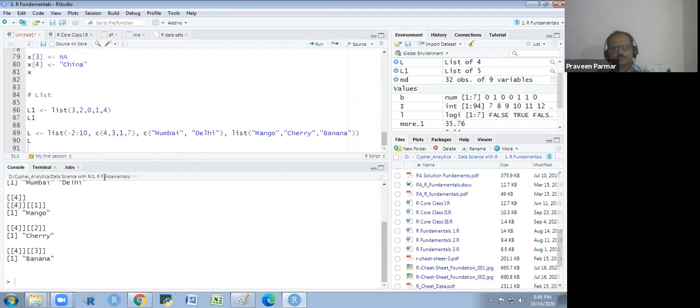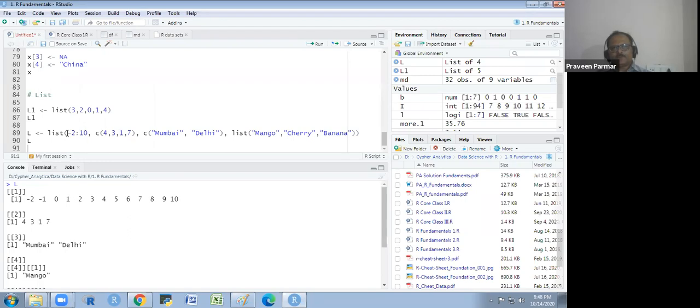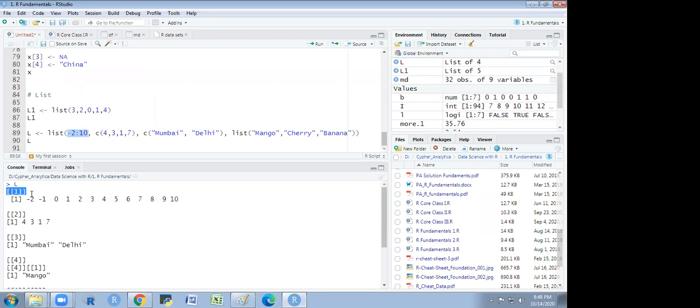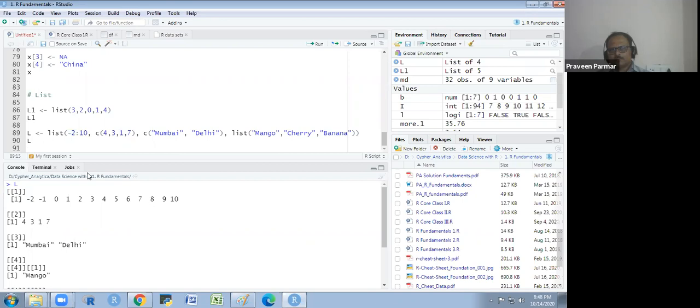Okay, I will show you this. You see the first list is -2 to 10. It is a vector. So vector is in the horizontal form and the list is in the vertical form. Sir, first list 2 to 10, then we have to close the bracket? No, no need. It is the integer vector. In integer vector, there is no need to close the bracket. You are using the colon between them, so it will create an integer vector. Okay. So -2 to 10, and here is another vector, the 4317. It is another vector.